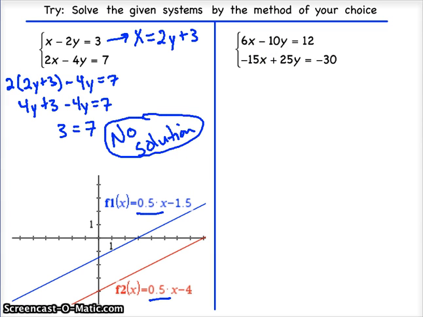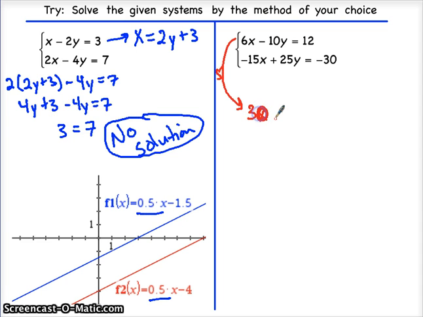Let's go ahead and solve the system on the right by the method of elimination. You'll notice there's a lot of larger numbers, which sometimes makes for trickiness if we go to try to solve by substitution. You're going to have to deal with a lot of fractions. Instead, I'm going to go ahead and notice that y has a coefficient of 10, and down here on the bottom, y has a coefficient of 25, which means if we multiply our top equation times 5, we can get